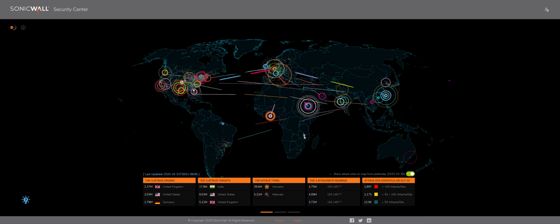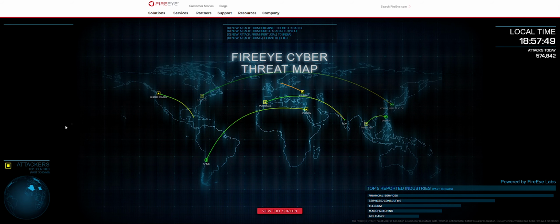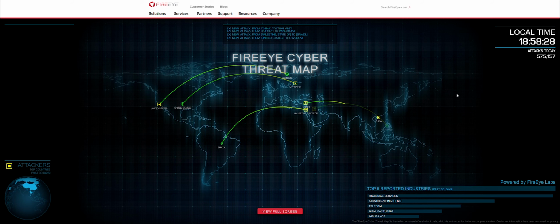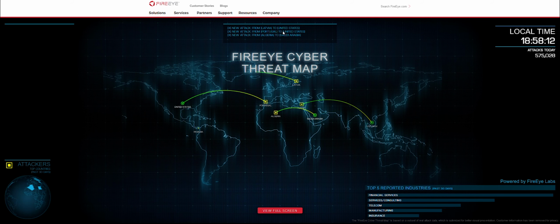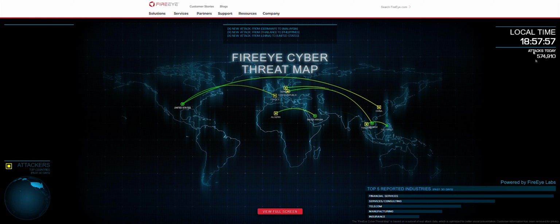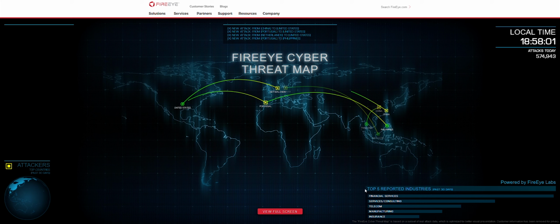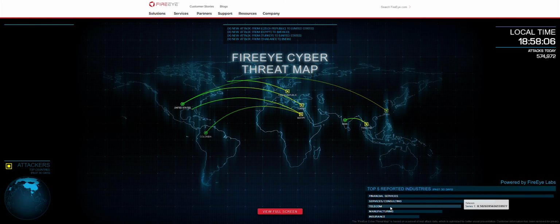Next, we have FireEye, one of the biggest firewall companies in the world. This UI is also relatively simple. The attacks are shown in real time through these arcs. You can also find whenever a new attack happens, from here at the top, mentioning the source and the destination. On the right, it shows the total number of attacks attempted per day. Wow! Here at the bottom right corner, you can see the type of industries that were targeted in the last